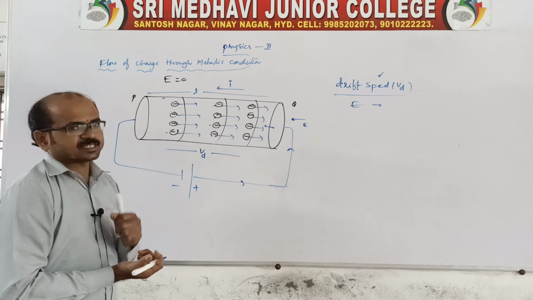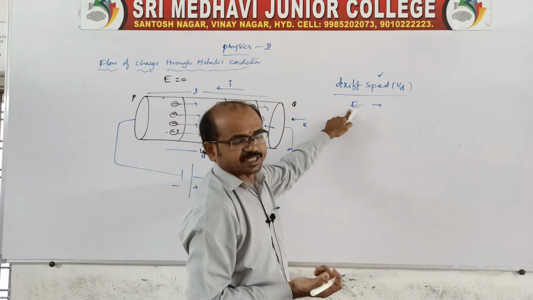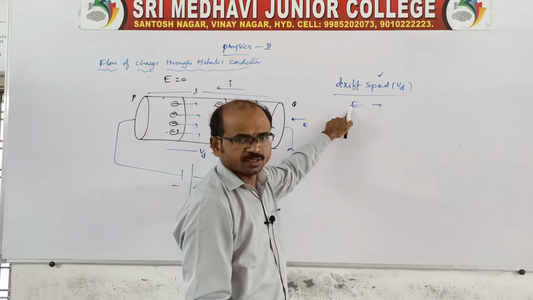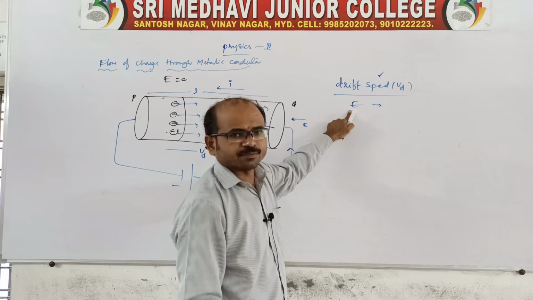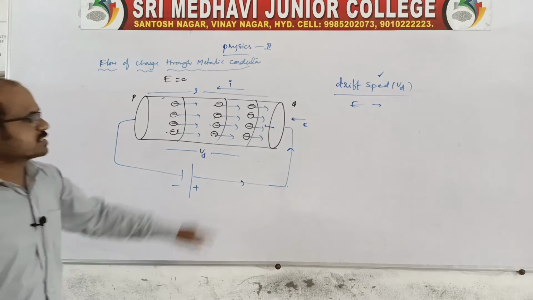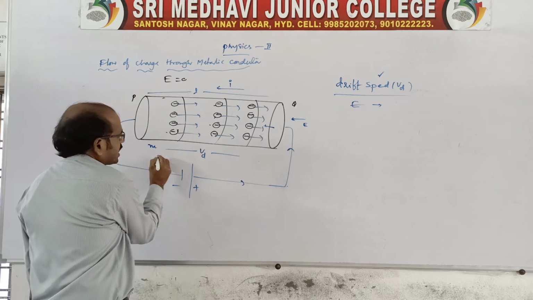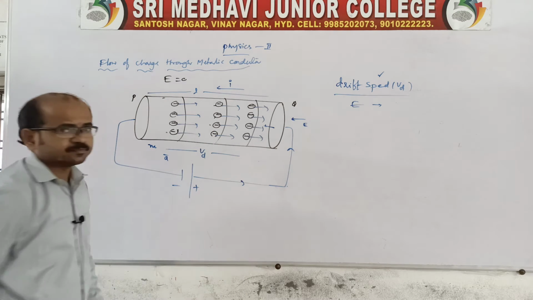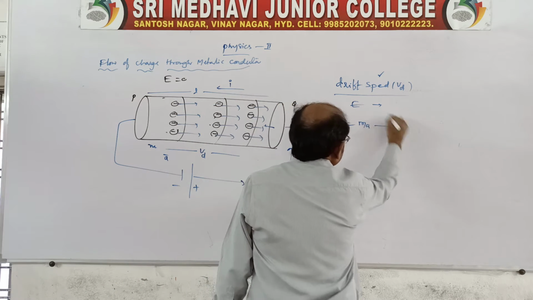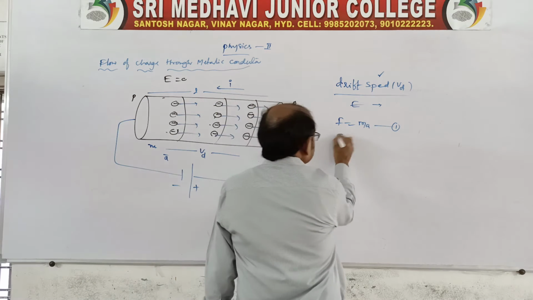In a conductor, the electrons allow the flow of charge because of the applied electric field intensity. Before it is applied, there is no flow of charge, as all are in random directions. Because of the applied field, all electrons are modified and move opposite to the applied field intensity. Say each electron has mass m and is accelerating with acceleration a. Therefore we know F is equal to ma according to Newton's law of motion, and we know F is equal to EQ.